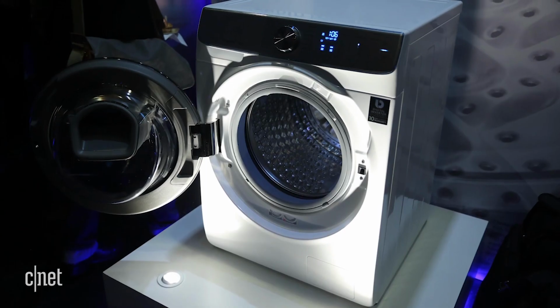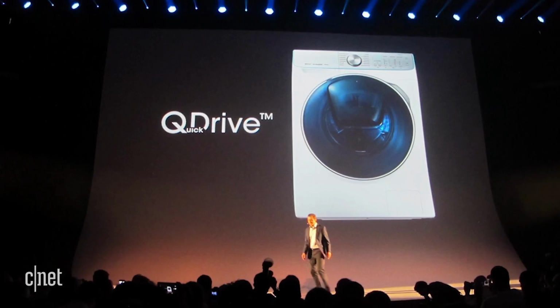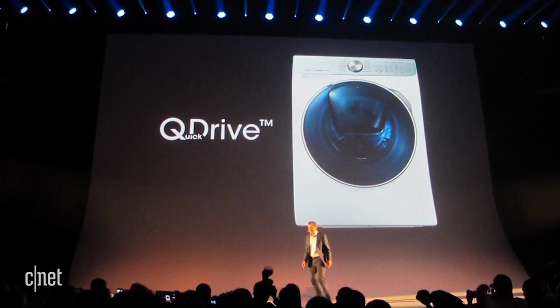of fun. Next up is Samsung's Quick Dry Washer. Now, a washing machine might not seem like the sexiest piece of technology, but when it promises to do your load in half the time and with much less energy wasted than any other washing machine, well, that sounds pretty